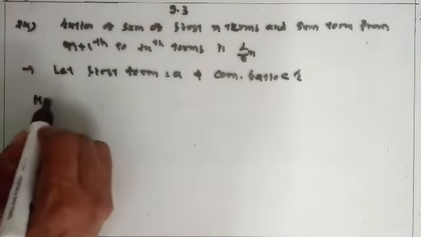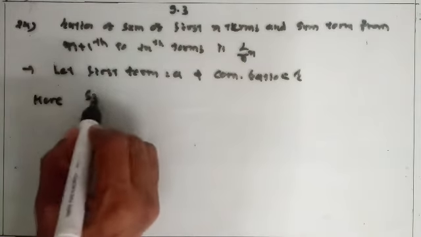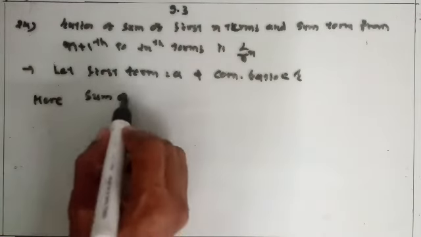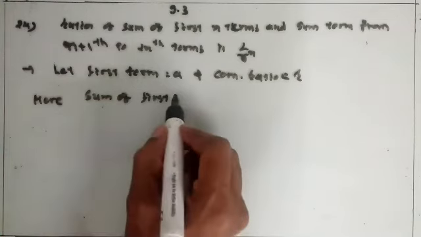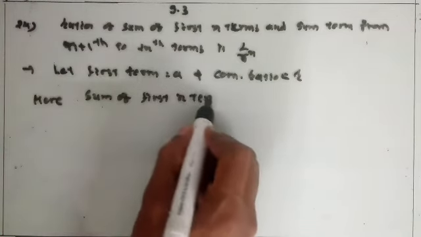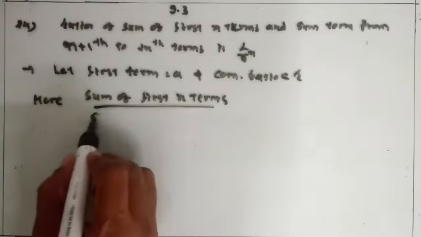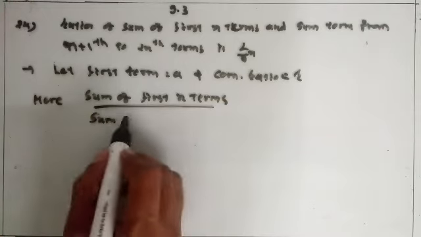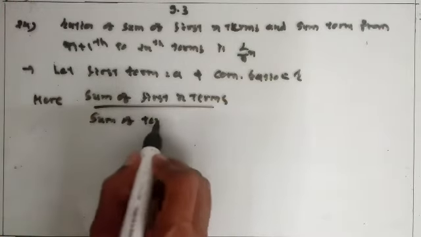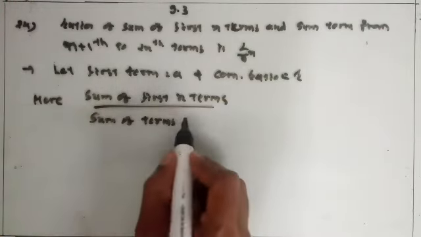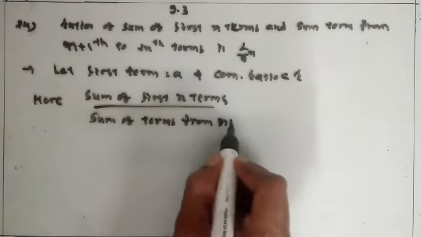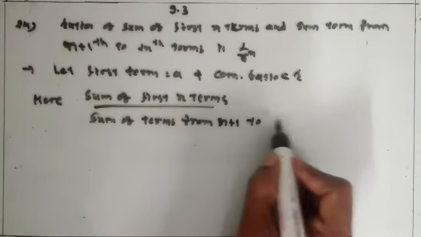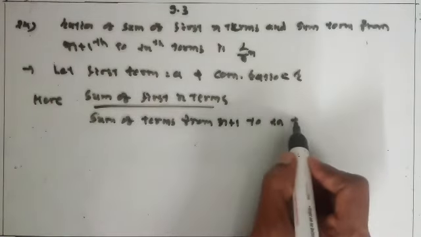Here the sum of the first n terms upon the sum of the terms from n plus 1 to 2n terms